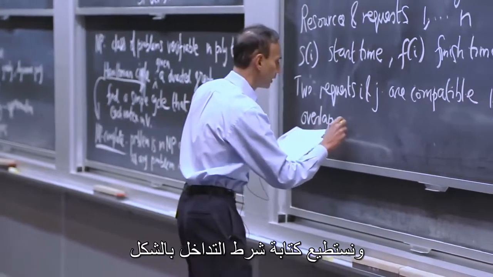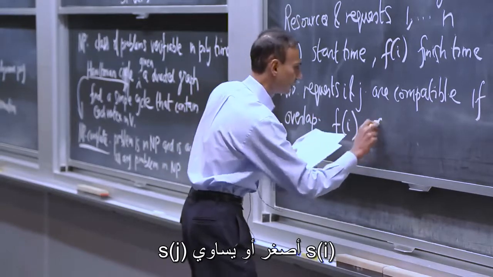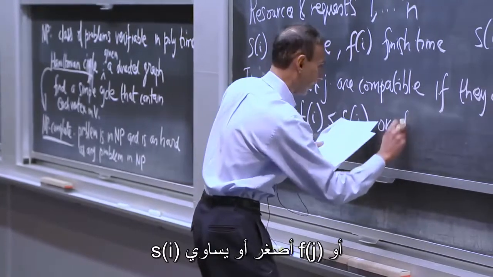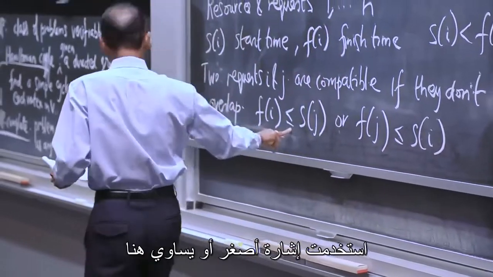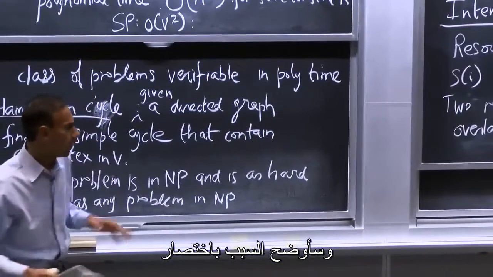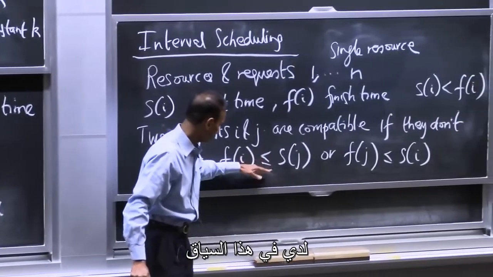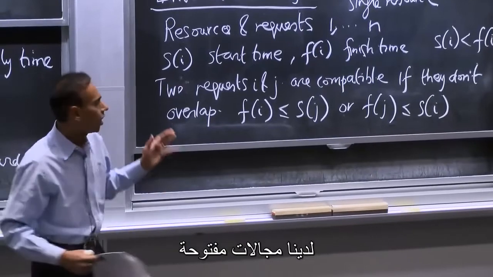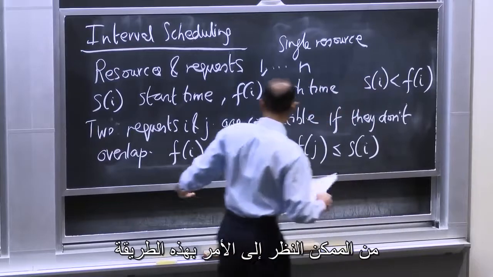And an overlapping condition might be that Fi is less than or equal to Sj, and or Fj less than or equal to Si. So again, I put a less than or equal to here, which is important to spend a minute on. What I'm saying here in this context is that I really have open-ended intervals on the right-hand side corresponding to the Fis. So pictorially,